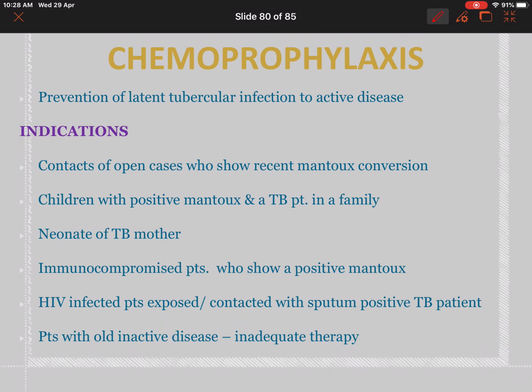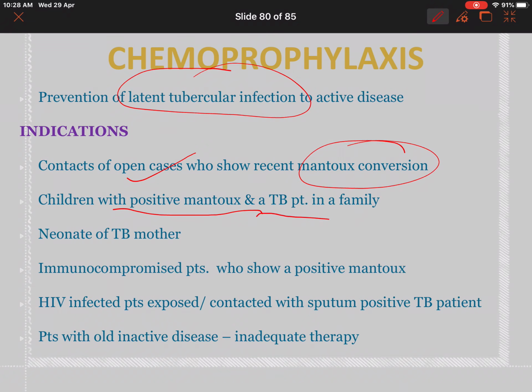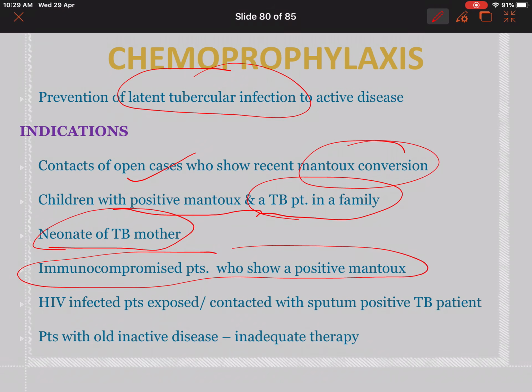Chemoprophylaxis is given to a person who has latent TB infection, latent tubercular infection, which can anytime develop into an active disease, like those who are exposed to open contacts and are showing Mantoux conversion. Children with positive Mantoux and a TB patient in the family, neonate of a TB mother, that is the infant newborn of the TB mother, immunocompromised patients who are showing Mantoux positive, like an HIV patient in whom